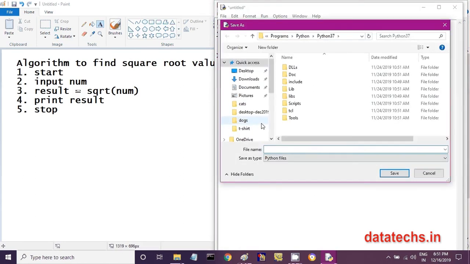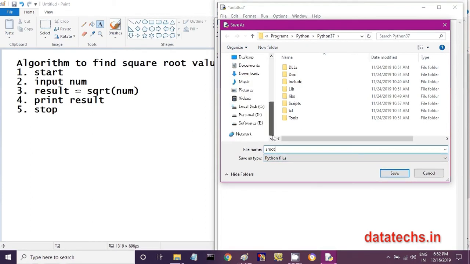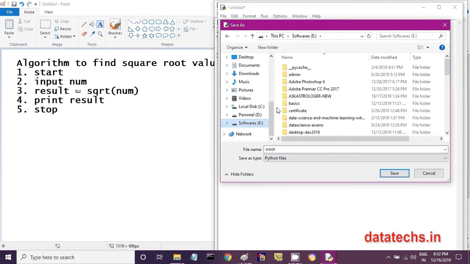File, save. I am saving this program with a name like sq, sq meaning square root, or I can write sroot, something like that. So sroot, saved as a Python file, and I am saving it in E drive. So click on this E. In E drive I am saving this program as sroot.py.